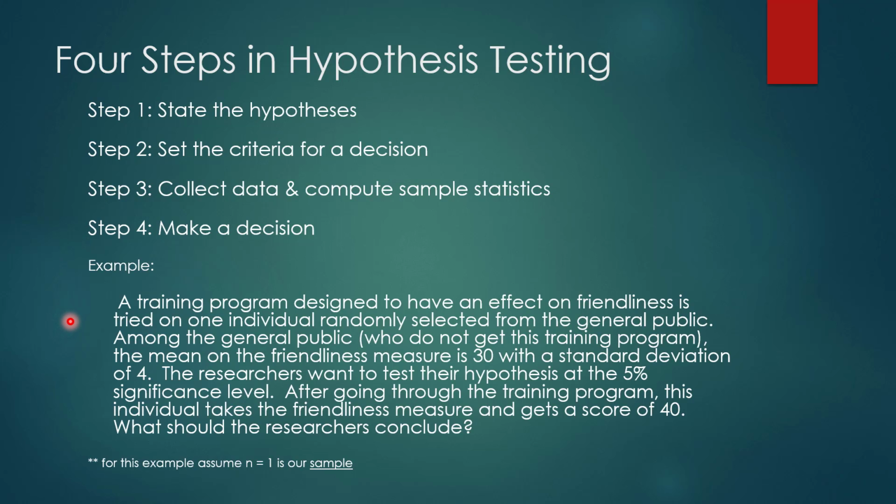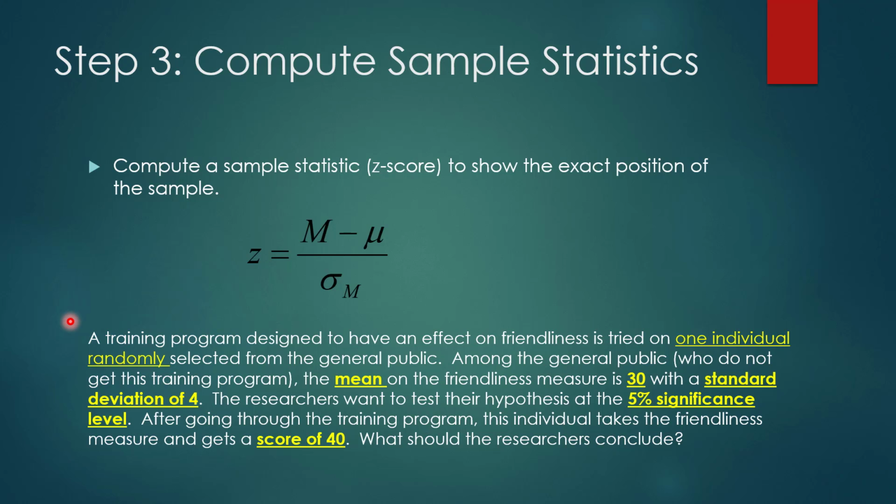And again, just to remind you, here was our example that we had in the previous video. So the first thing we're going to do is compute our sample statistic, or our z-score, to show the exact position of the sample. That's the position of the sample in relationship to that critical z, or that boundary that cuts off that critical region. So if we look here at our data,